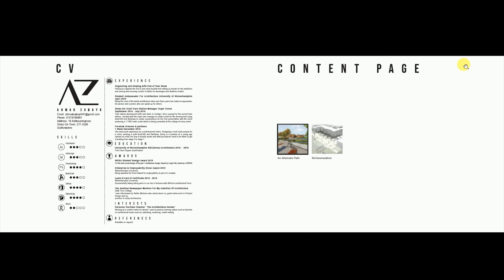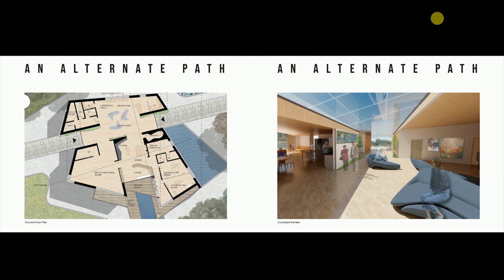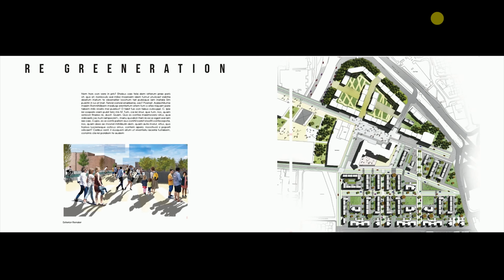And this is the final portfolio. I really love this front cover. Let me know how you got along if you followed the tutorial. It's nice and simple, which makes it easy to understand and has a very clear story on each page. Nice empty space, you're letting the pages breathe, and it just